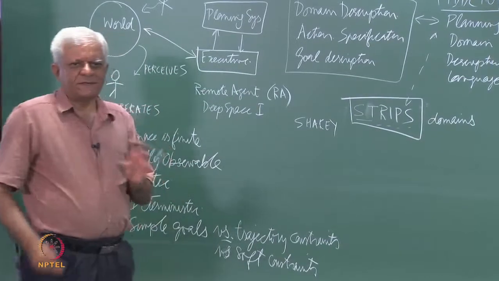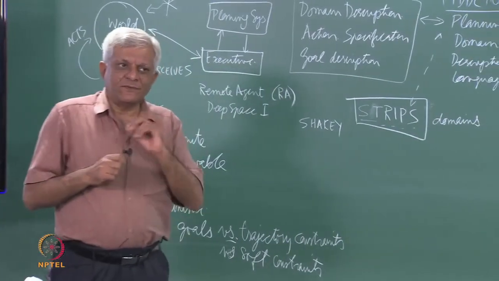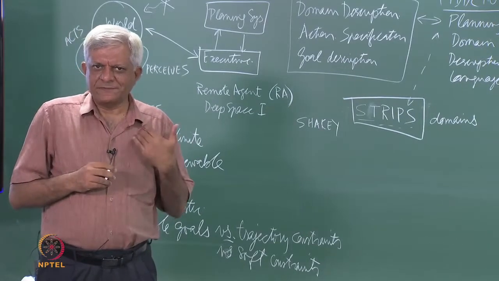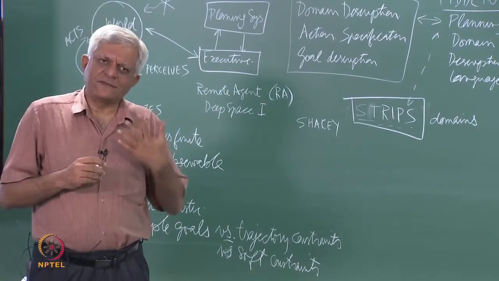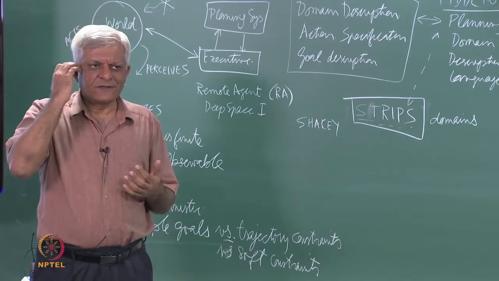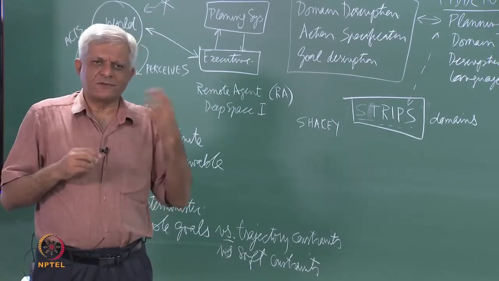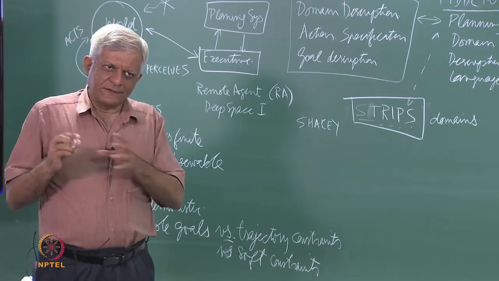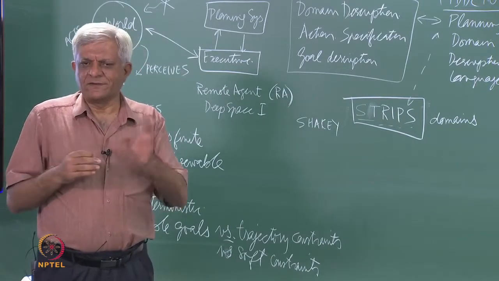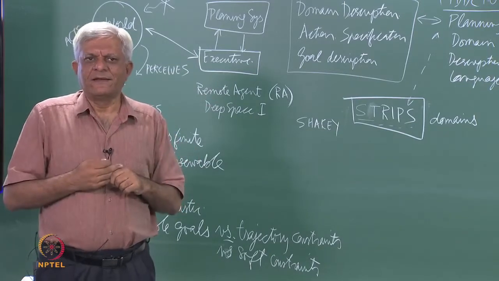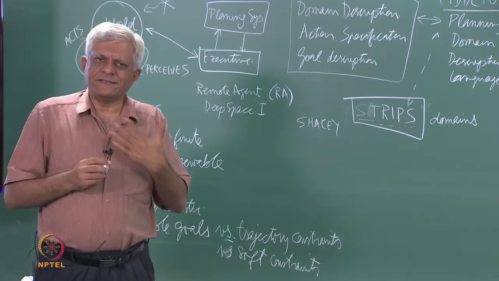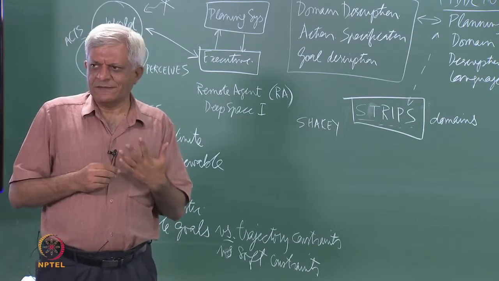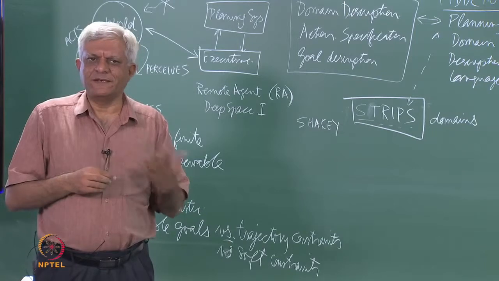Our goal description is rigid, so only if those conditions are met will we say that a goal has been achieved. Whereas, you might have soft constraints or soft goals which might say, okay, I would like to go to the market and if possible I want to go and see a movie and buy all these things. You may have a plan, but you may accept a plan which does not achieve all the goals completely, but achieves as many as possible, for example.